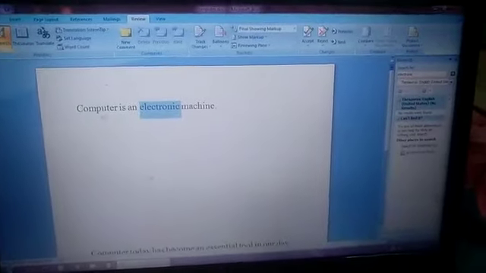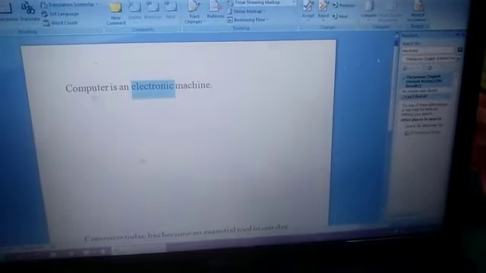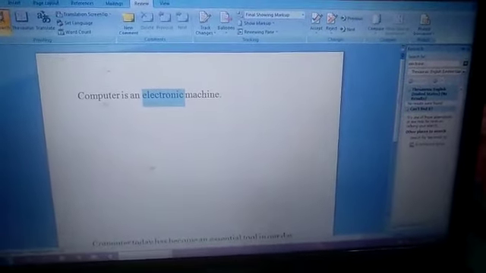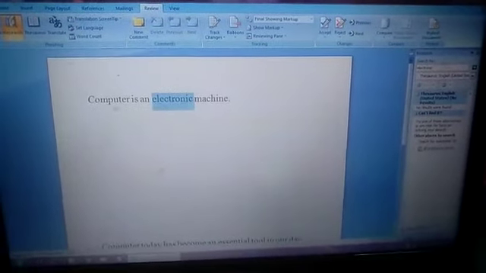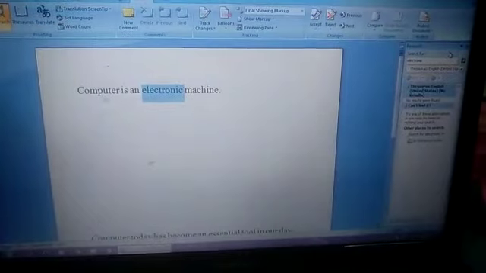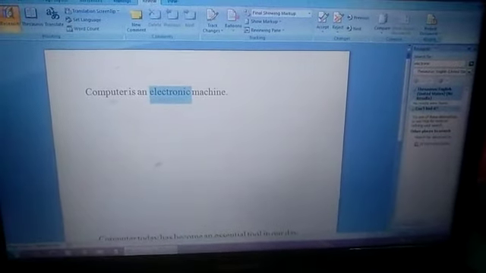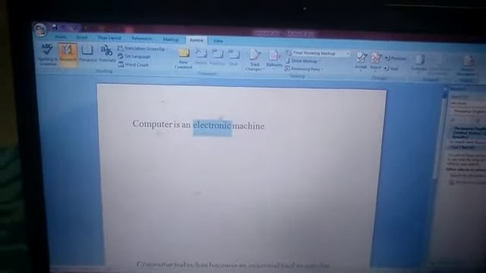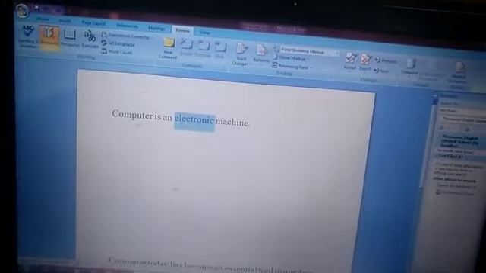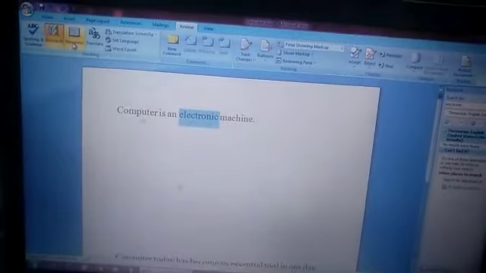See here, it came. See, electronic is written, we will search. If you search the word, you will get the synonym of the word electronic. So if you have any hard word and you want a synonym for that word, then you can use this thesaurus.